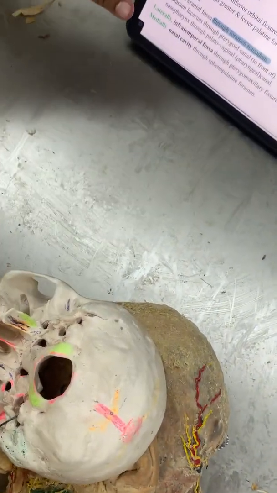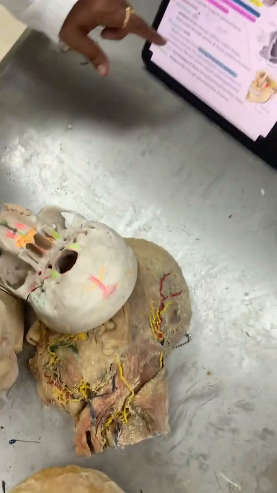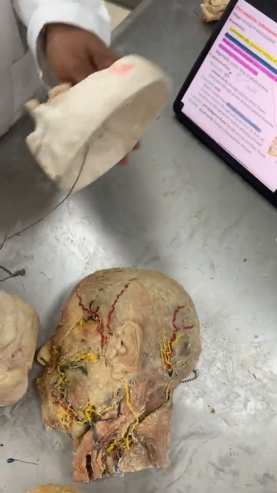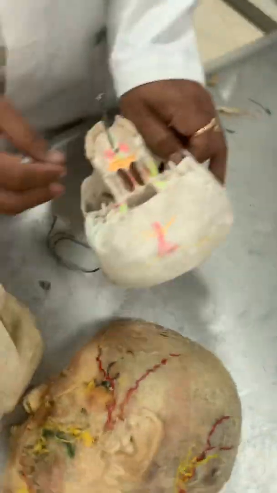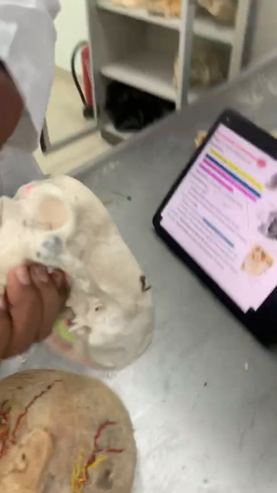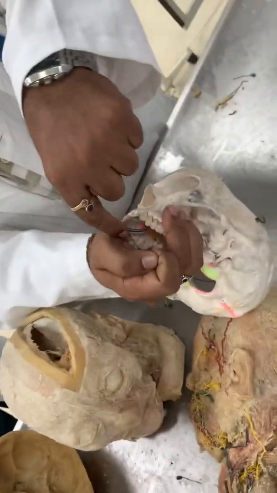This is the medial connection. You can't see the connection like that. So where is it all connected? The oral cavity, here. If it is covered like this, it is connecting to the oral cavity.